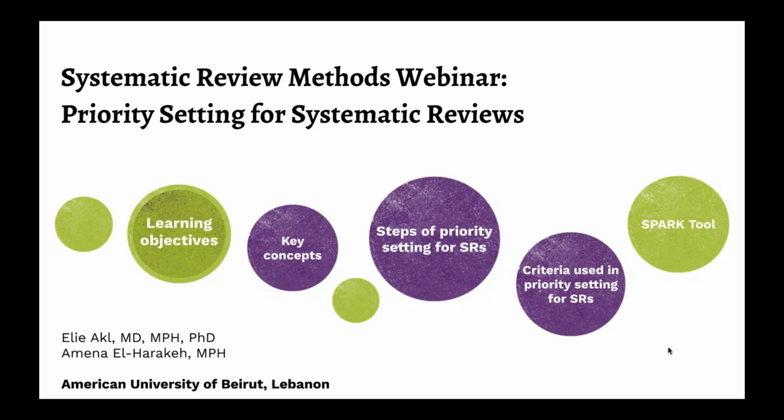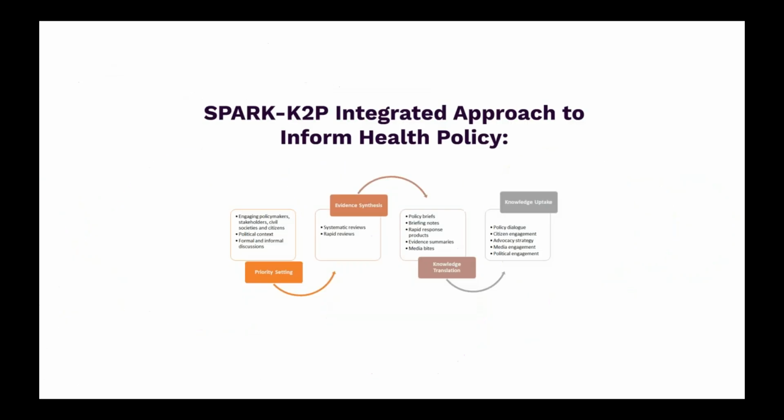And here also we will share with you the different tables. This is kind of a roadmap that you could use. The criteria, as we've seen, are a menu, and you have to think about what should be done in your context. Anna has already mentioned the SPARK tool, so we'll tell you very briefly about the SPARK tool